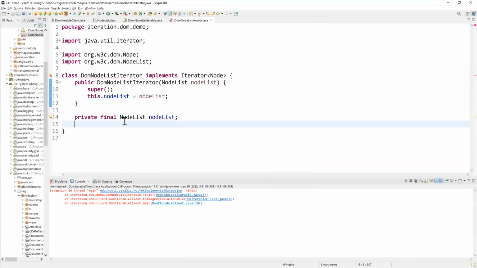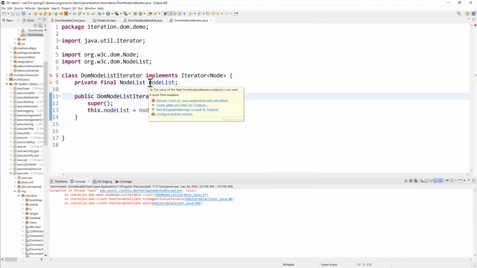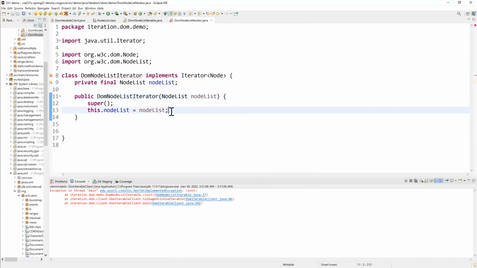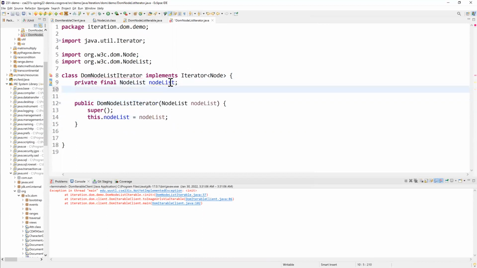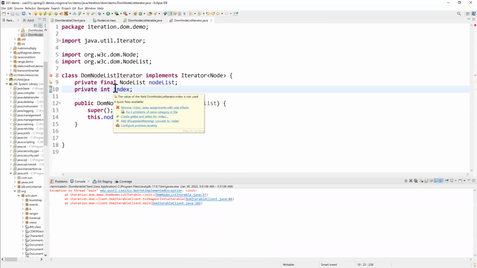Now, this is going to be the immutable state on this iterator. I never really need to change this node list. I'm just going to hang on to it. I am going to need a bonus piece of information, which is the index of where I am in this iterator. People are going to create these iterators quite often, or I expect them to be able to. They should at least be able to support it. Every time I create a new one, it should start out at the beginning, right? Now the default value for an integer field is 0, so I don't have to explicitly say that,